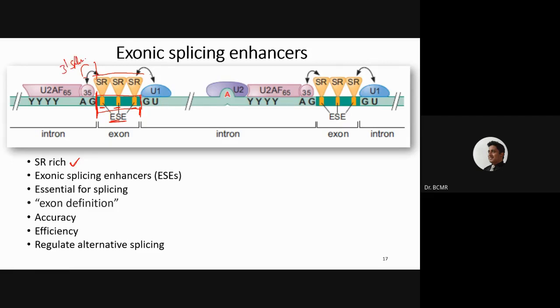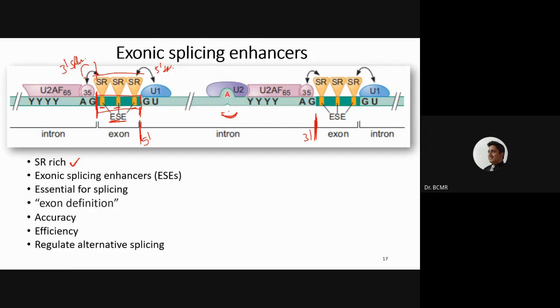On this side, they would recruit 5' splice site machinery, right? But of course, I hope you recognize that this is the intron from here to here. And then we call this the 5' splice site. And this is the 3' splice site. We have a branch point here. Okay. What I'm trying to say here is that within the exons, there is a way to